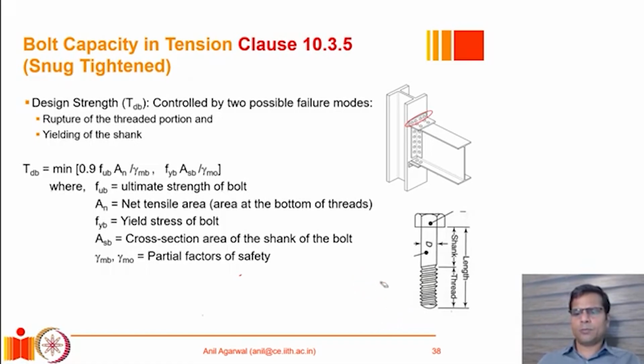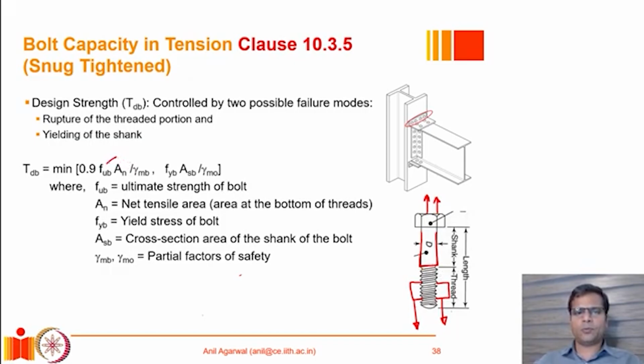So when we see a bolt that is subjected to tension, you can imagine that this is a bolt, and then there is a nut here which is basically pulling the bolt to this side at this end, and it is being pulled to this side at this end, right? As a result, this portion of the bolt is subjected to pure tension. Now this much part of the bolt has a uniform cross section which is larger than the portion that is here. So this portion has a net cross section which we call A net, and the failure in the net cross section area will be a rupture type of failure, and we will use the